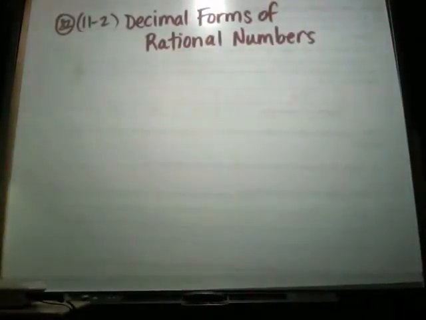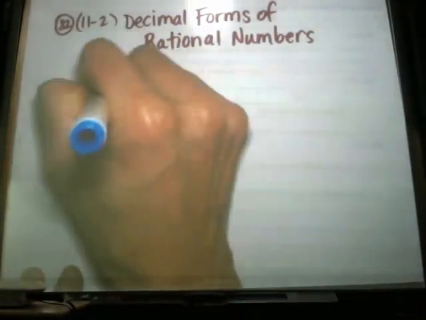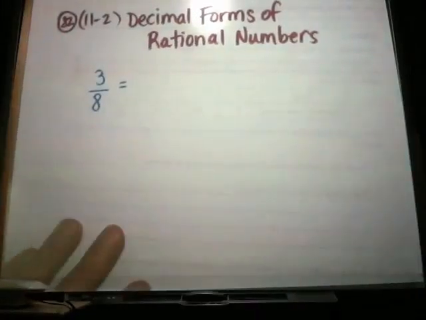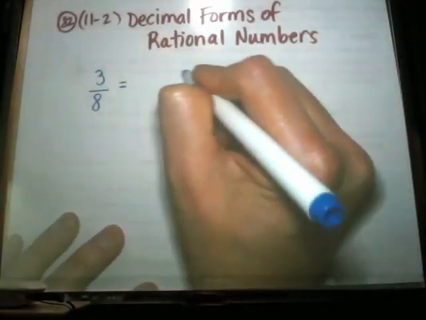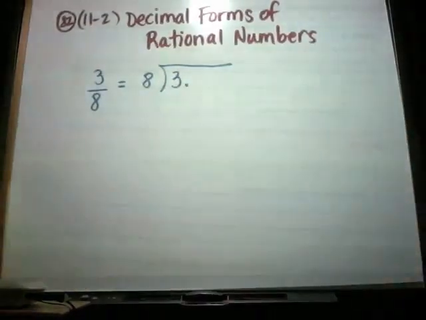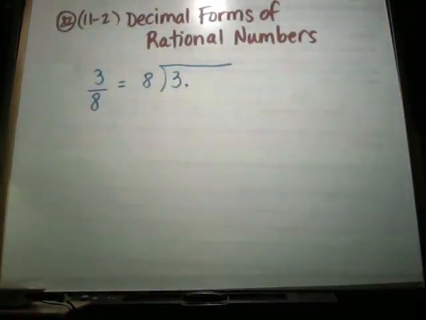The second part will be new, and it might be a little confusing, so I'm going to give you some steps to follow. The first thing is just taking a fraction and turning it into a decimal. The first way we used to do this was long division. And remember that when we did that, one of the things to help you if you're doing long division, and by the way, we're not going to do a lot of long division, but as a reminder,